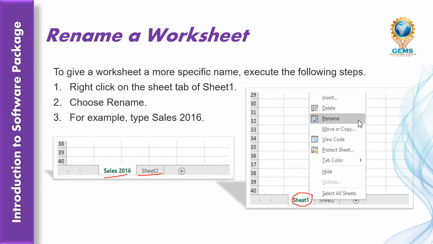Right click on the sheet tab, choose the Rename option, and type any name as you desire. Here the image shows Sales 2016. Likewise you can rename a worksheet.